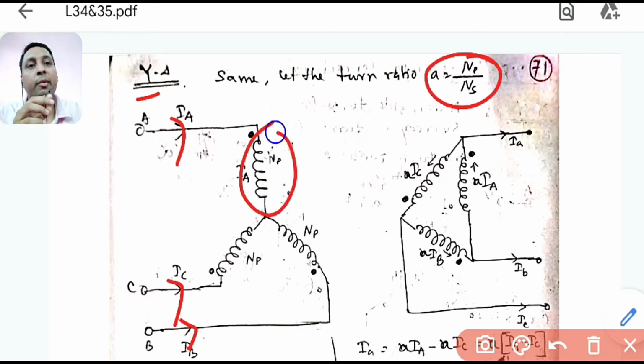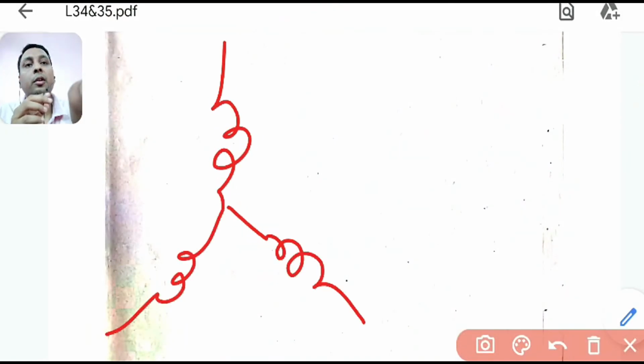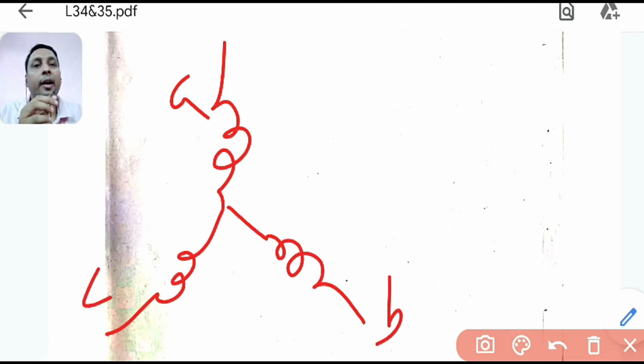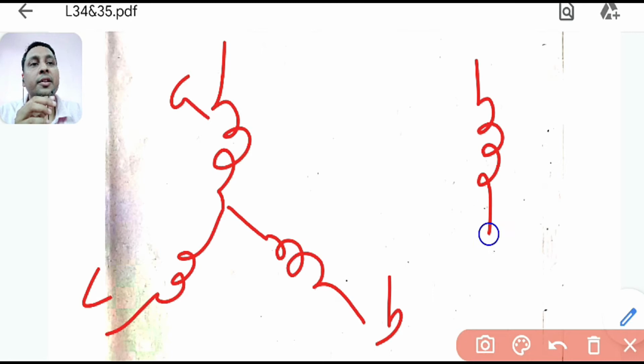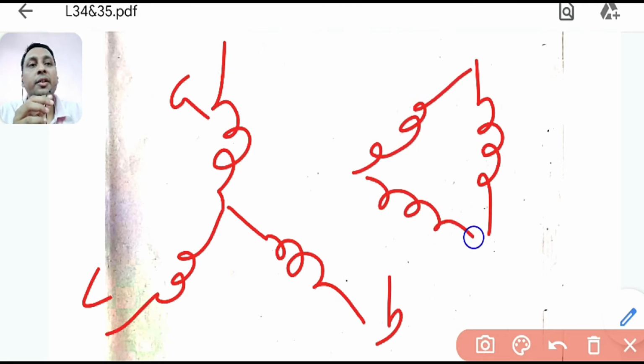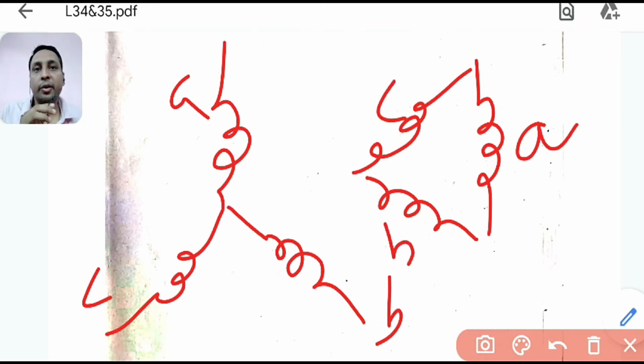This winding I have taken here. So you have to keep these windings. How will we connect the delta? Let me show it in a blank space. Suppose you have a star connection of this format. This is A, this is B, and this is C. Now if you want to connect it in delta, you keep A as it is. Then you can take C this side, and you can take B this side. So it is A, it is C, it is B. So you can connect it in this way.